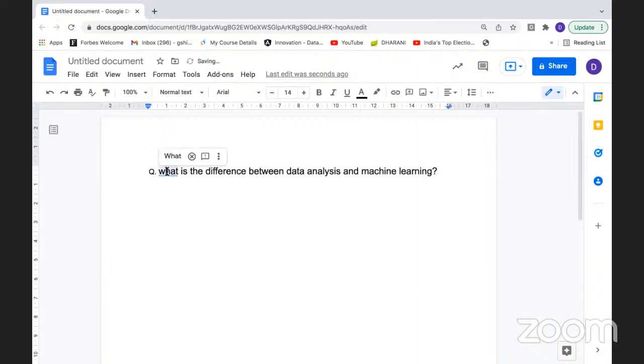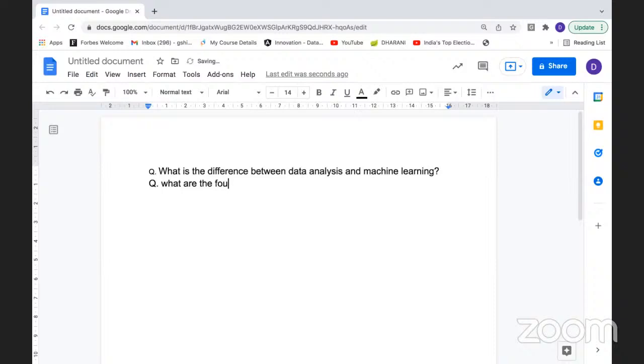So more of analysis of the data is what we have to do as a part of data analysis, right? Though you have a basic knowledge of stats, still it is good, but you should have good sound knowledge of coding part. So when we do machine learning, it's totally opposite of data analysis, where strong knowledge of statistics is required here. So when we need to do very, very good coding, or we should have coding skills,